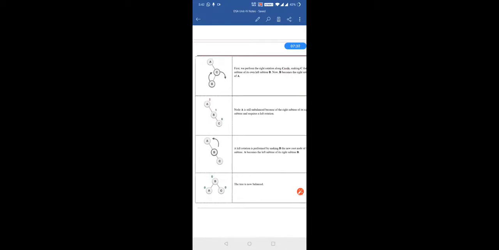So for balancing the tree, the AVL tree is the height balanced tree, and whenever there is an unbalanced tree, by the 4 rotations we can balance the tree, that are LL, RR, LR and RL, where LL and RR are single rotations and LR and RL are double rotations.